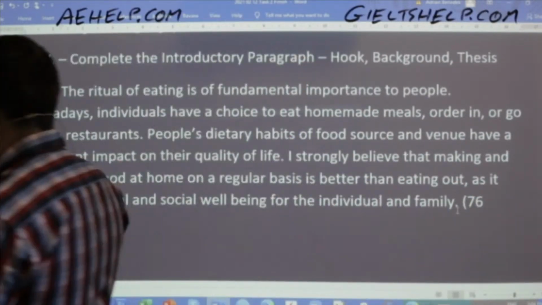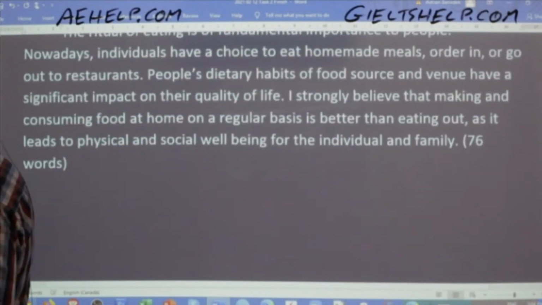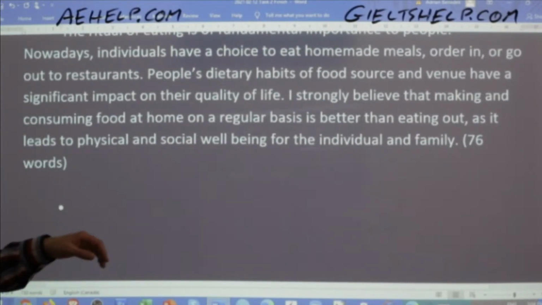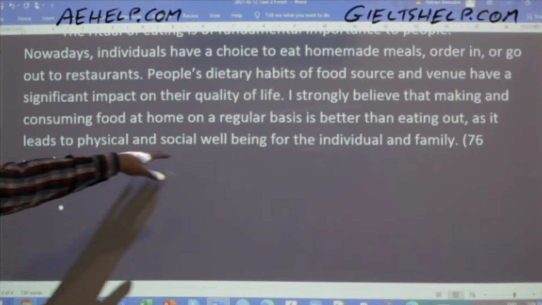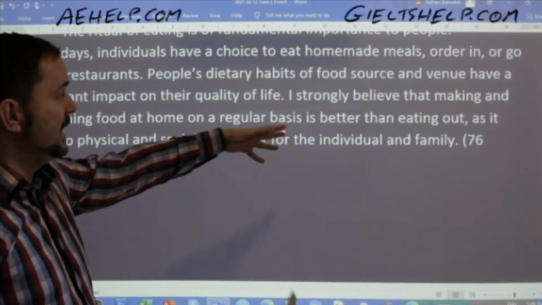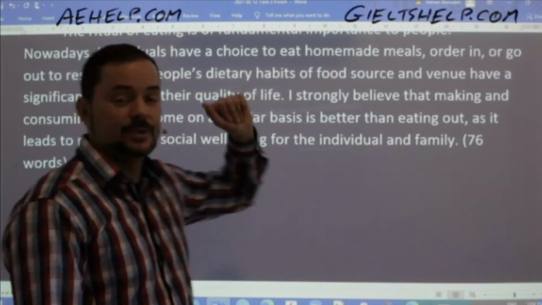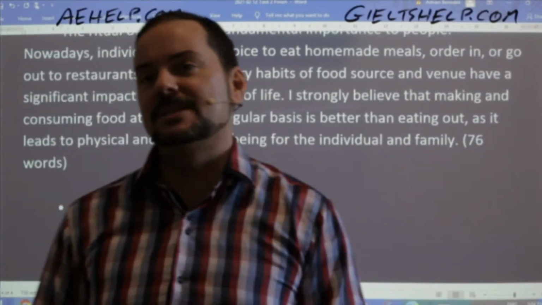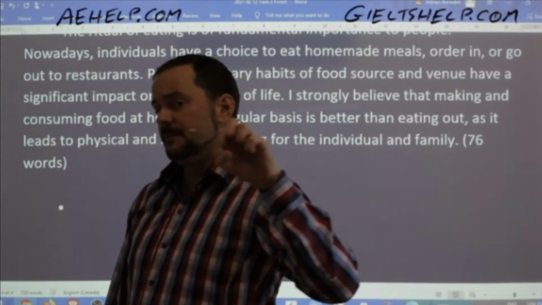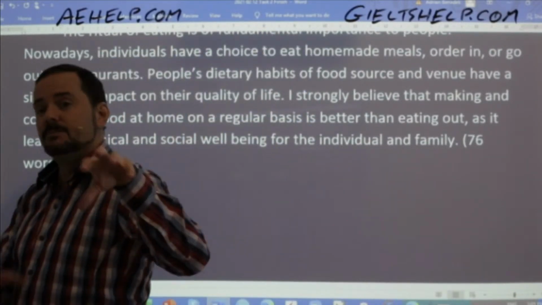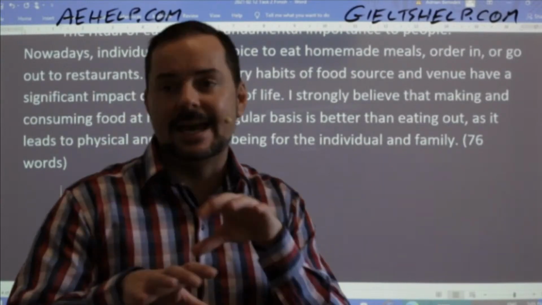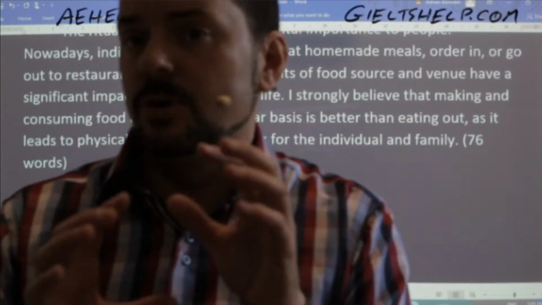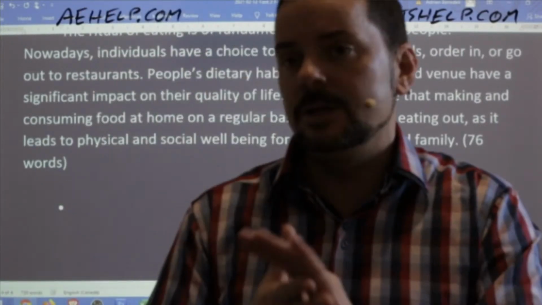Okay, so let's do body paragraph 1, topic sentence. Topic sentence is about physical well-being when preparing food at home. So you write your topic sentence, I'm going to write my topic sentence, and then we'll compare. If you have questions, ask me. I'm going to move along nice and smooth so we really can get to the essay. I think a lot of you now know the structure. For those who don't, don't worry about it. You'll get the hang of it.